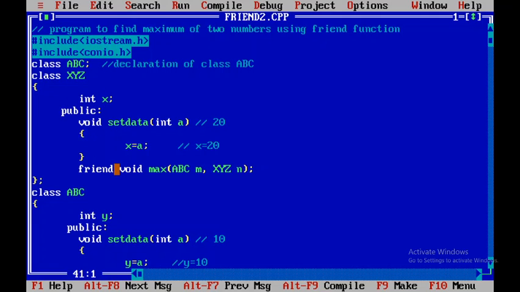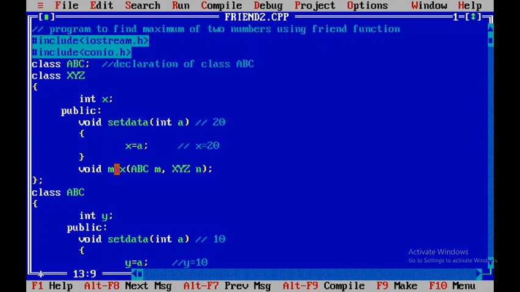Simply here, this friend function that we were writing, instead of this I am making this function max a member of class xyz.